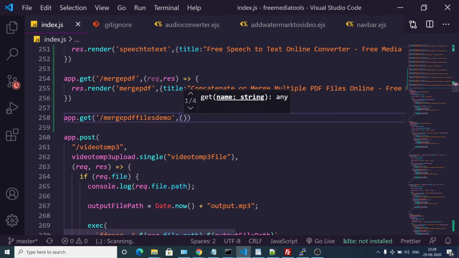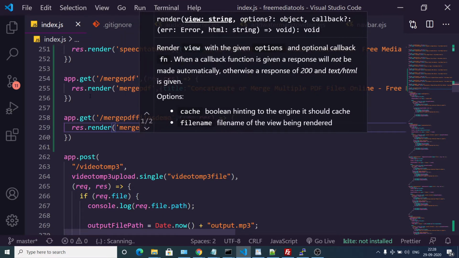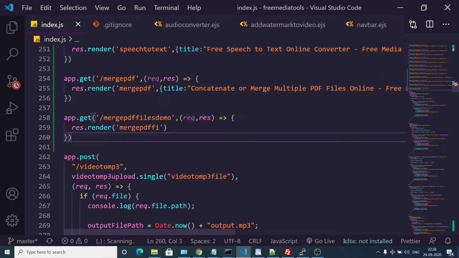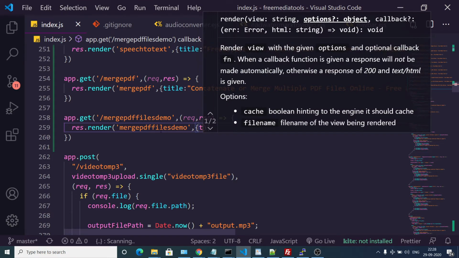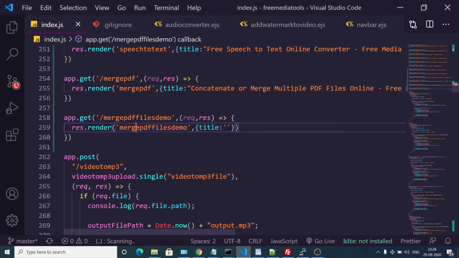When we make a get request to that, we need to load the template with response.render, and we will say merge PDF files demo. And also we can give it a title, which will simply be merge PDF files online. That's it. Free Media Tools.